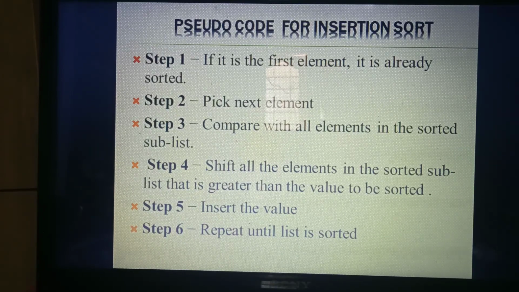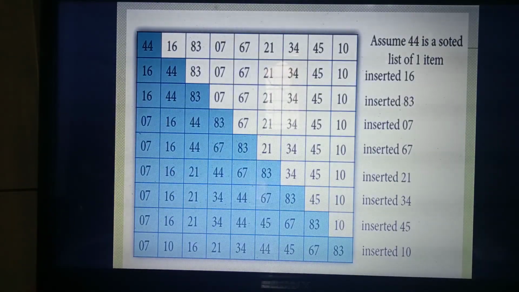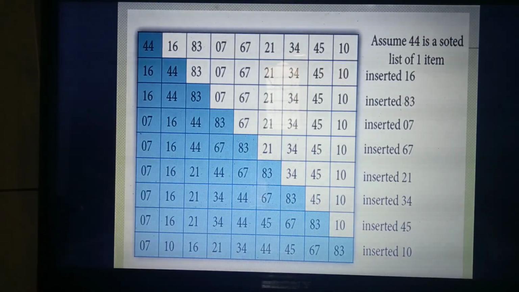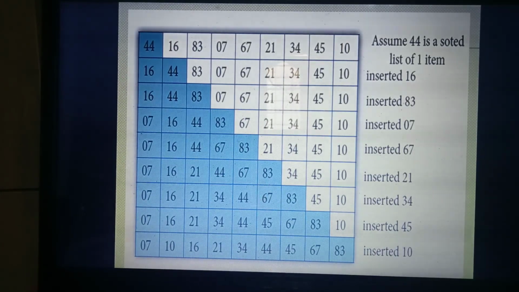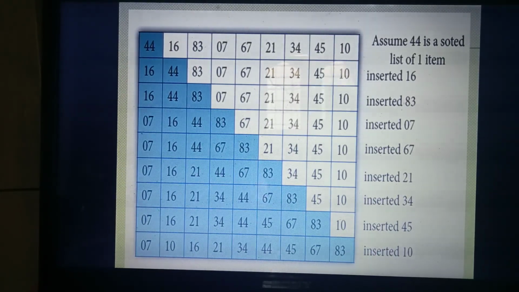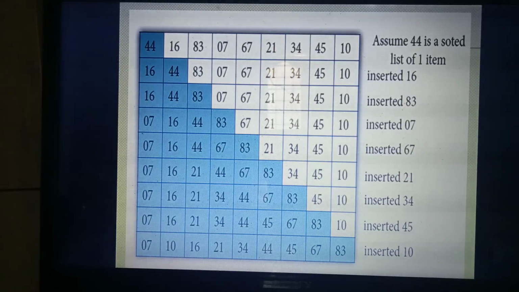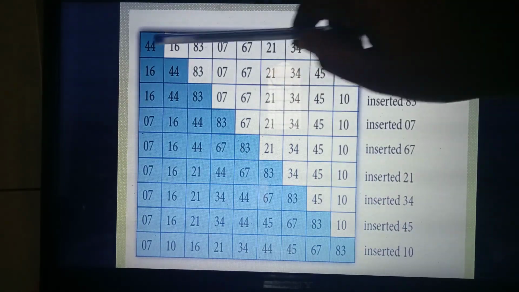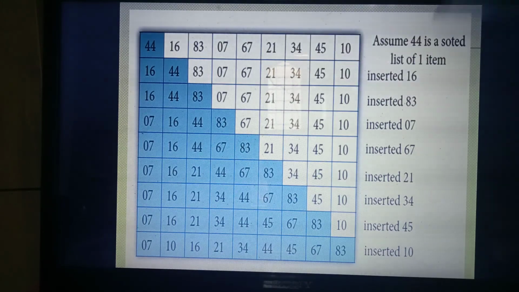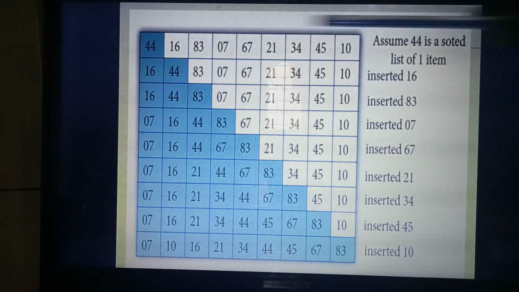Understand? Yes. So this is the example. Listen carefully. If you study this example thoroughly, you can write the pseudocode definition and everything in your own words. Listen. So this is the element stored in the list. Consider the first row here. This is the element.